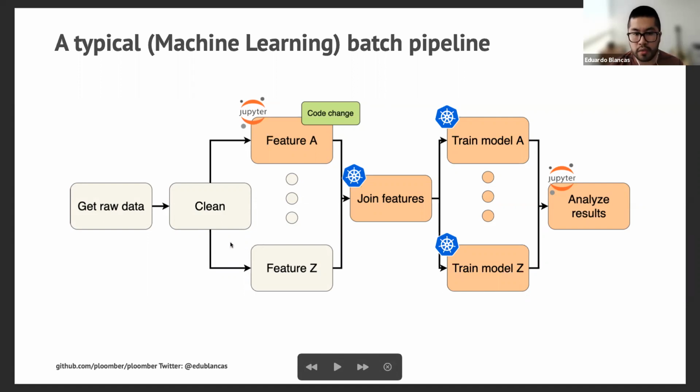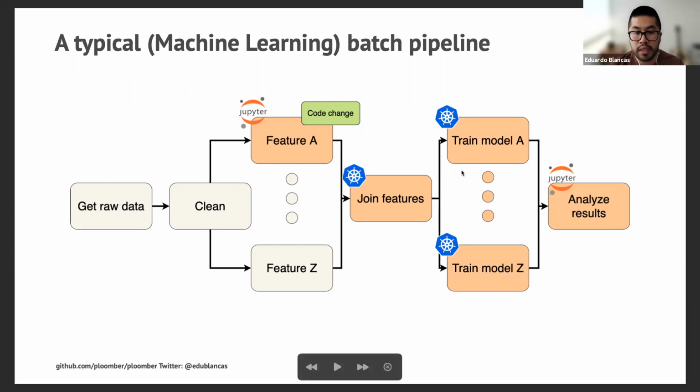And now you're going to start working on a new change. And this is a typical scenario when we are working on some data analysis pipeline. We make a change. We usually make changes that only affect parts of the pipeline, not every piece of the pipeline. So what you may do is you may say, well, I want to improve this part, this feature that I'm working on. I want to modify it using Jupyter. So I have a code change, and then what I can do is I can submit the steps that take the most time, which can be training all these models. So I train that in the cloud and then get back the results